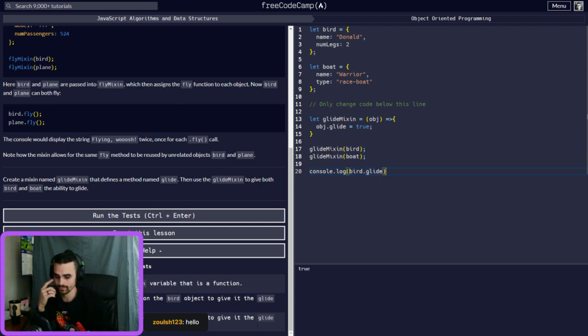It's going to return true. So there we go. We have now added it to the bird and boat. If we did console.log, it'll actually show the new property added. So if we do bird, see, it adds it to the end of it. Name's Donald, number of legs 2, but glide is set to true.